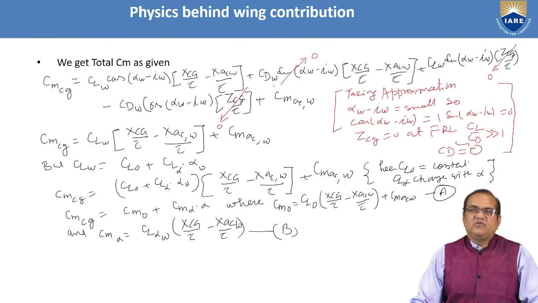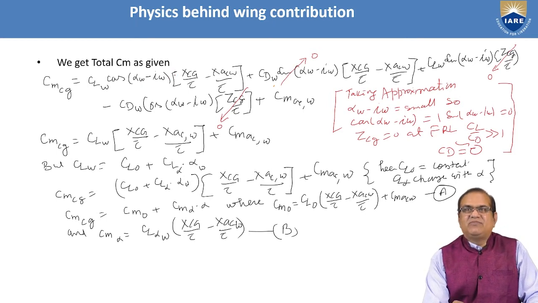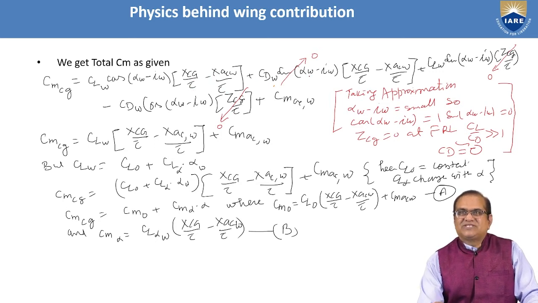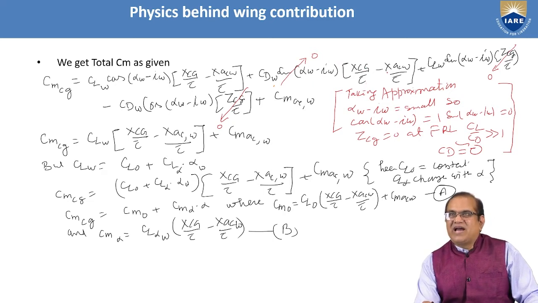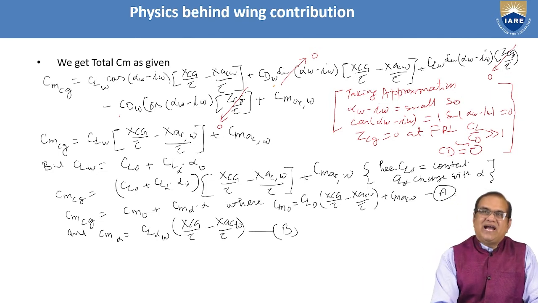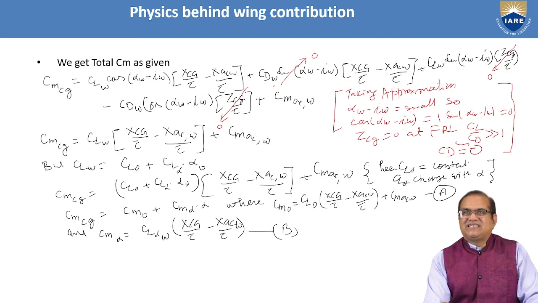Cm_CG is equal to C_LW cos(alpha_W minus i_W) (x_CG by c bar minus x_ACW by c bar) plus C_DW sin(alpha_W minus i_W) (x_CG by c bar minus x_ACW by c bar) plus C_LW sin(alpha_W minus i_W) z_CG by c bar minus C_DW cos(alpha_W minus i_W) z_CG by c bar plus